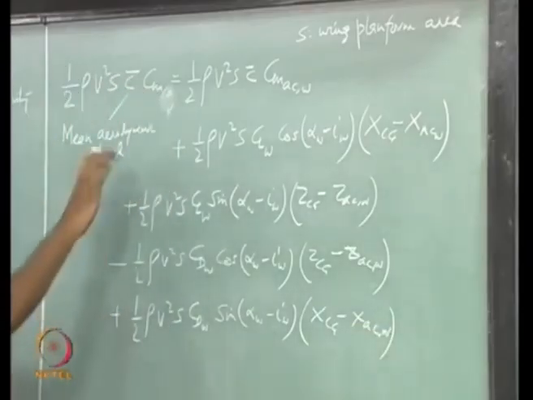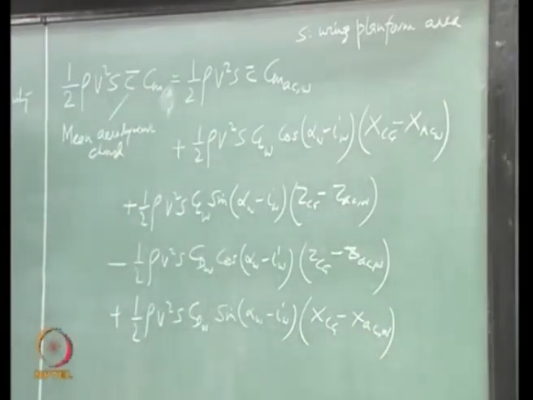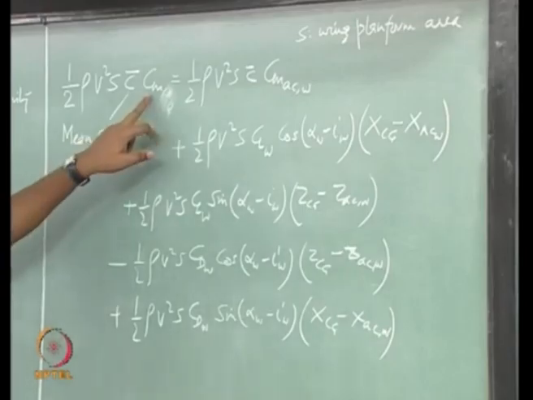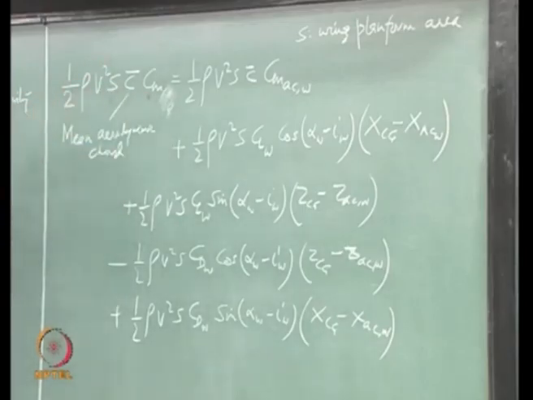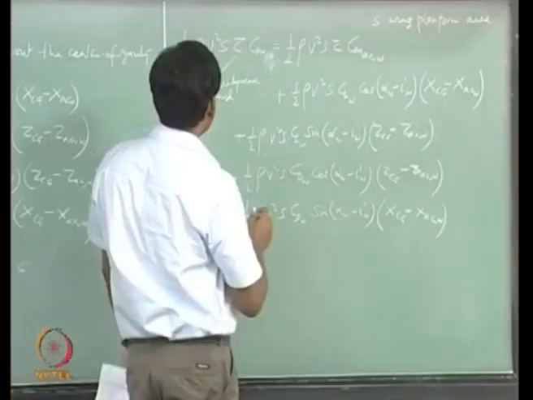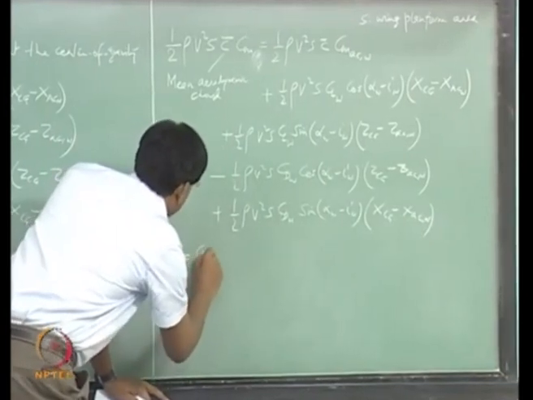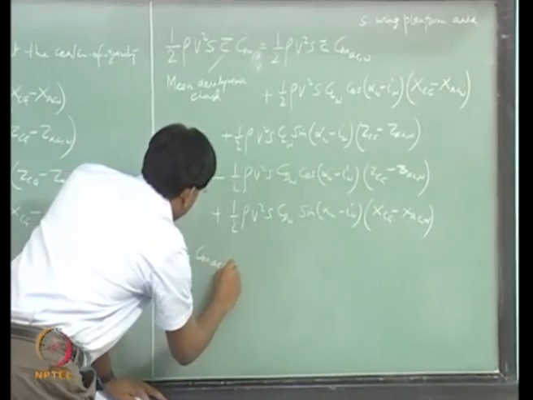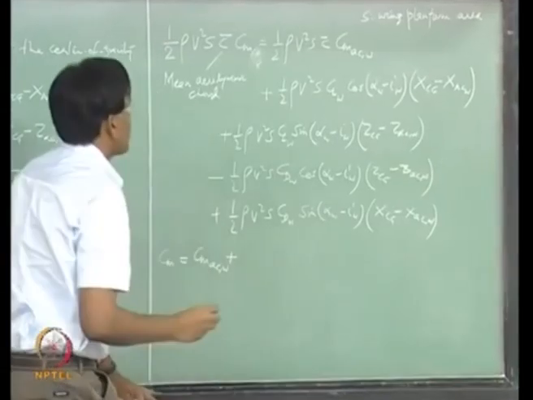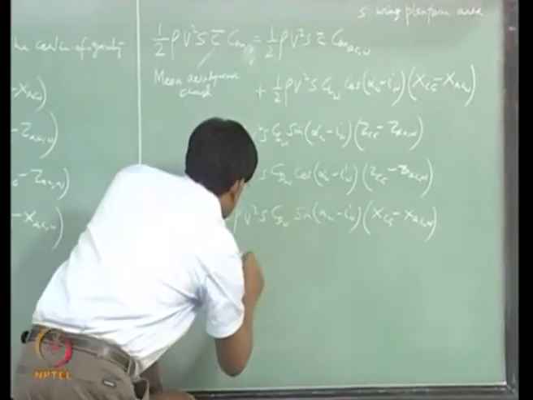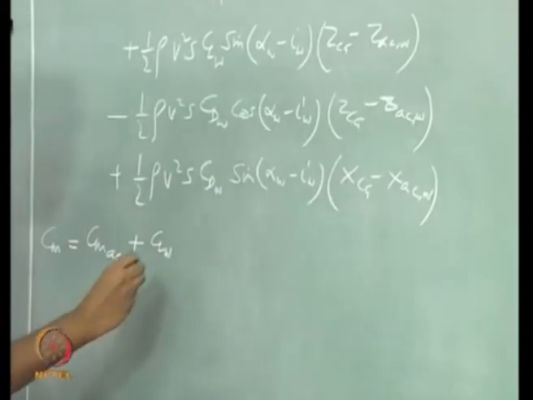So, that now with this expression we can write down the expression for the pitching moment coefficient, so non-dimensionalized form. So, Cm is Cm ACW plus CLW cos